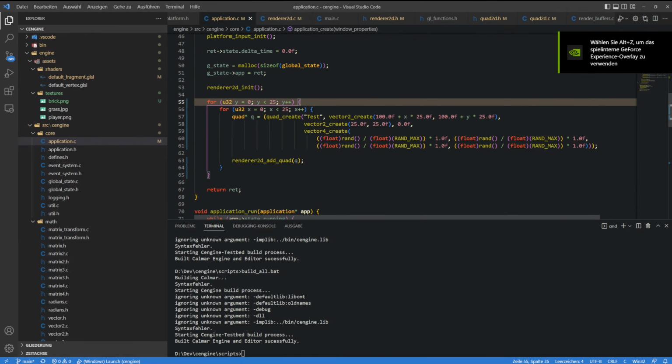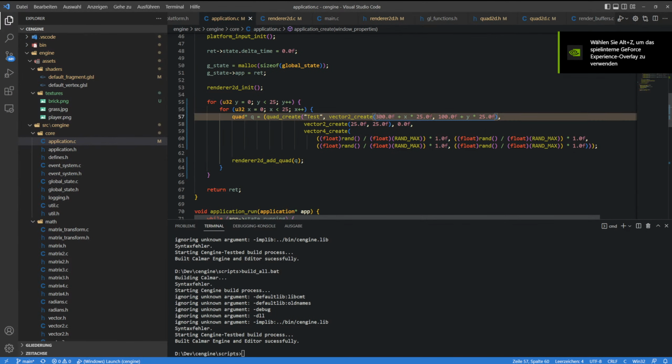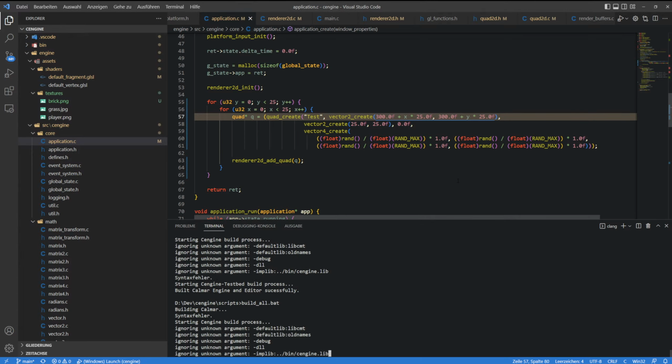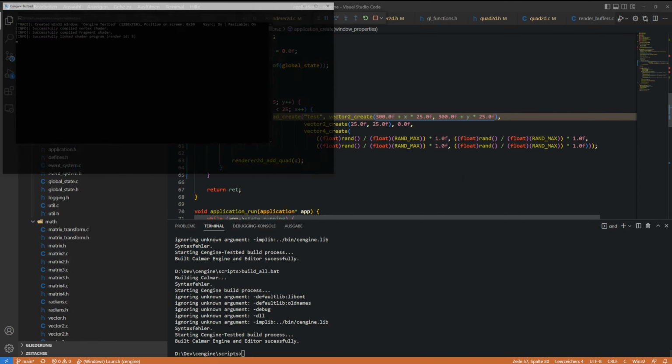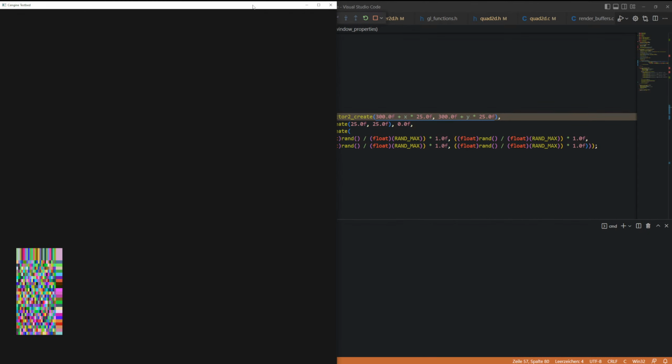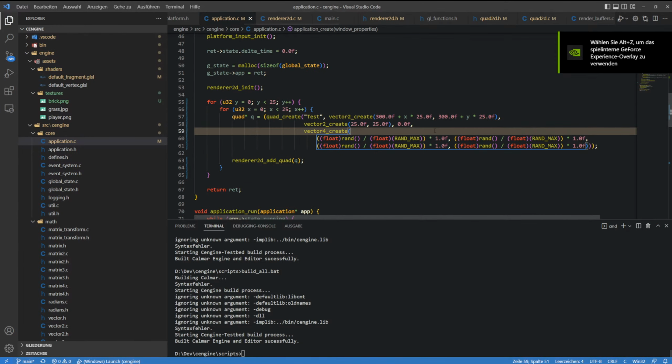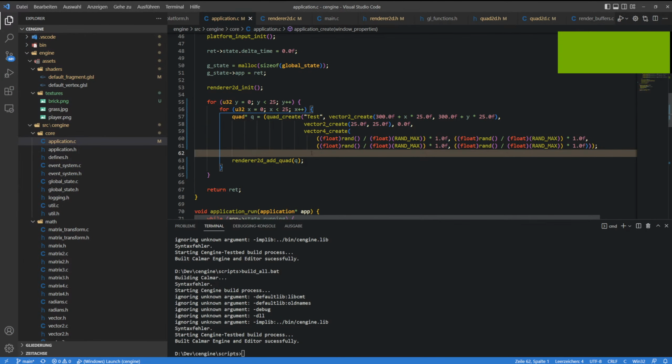Okay, I don't understand why it's so uniform on these sides. Okay, I mean it looks pretty cool. And okay, now if everyone